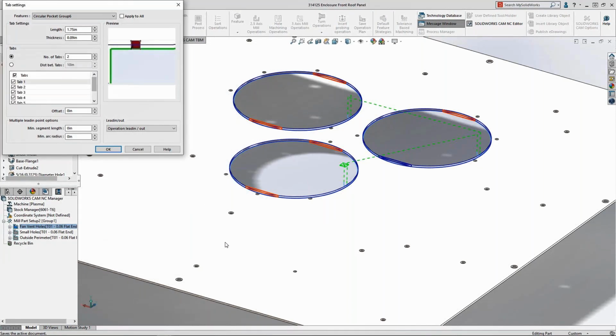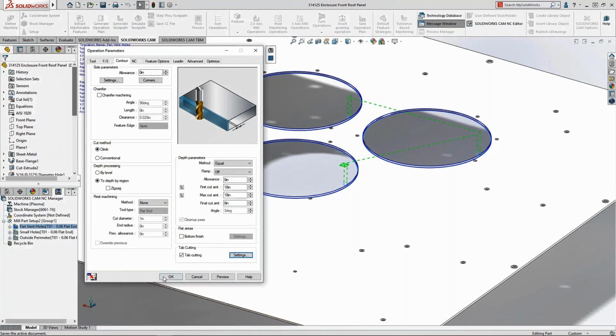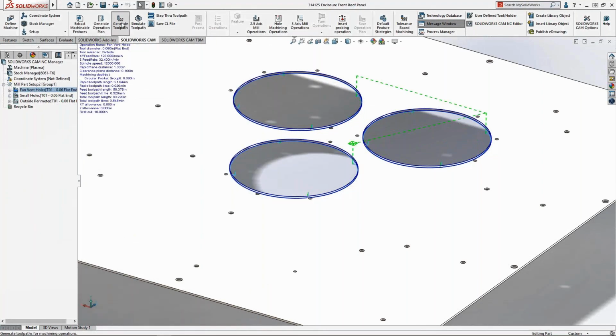So that's where the new tab cutting option here solves that. And SOLIDWORKS 2020 gives the complete control to create tabs for each machining operation to exact specifications. So you can set the width, you can set offsets, however many you need, all that kind of information, and individual control as well. It makes it really simple and easy to apply these important features such as tabs to cut these out. Once it's completed, the toolpaths are updated automatically with the click of a button, and we can